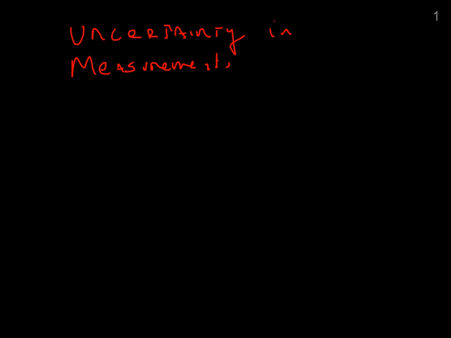Okay, what I'm going to explain to you is something that's very important in science. It's called uncertainty in measurements. And what it deals with is the fact that every number we're going to use in this class